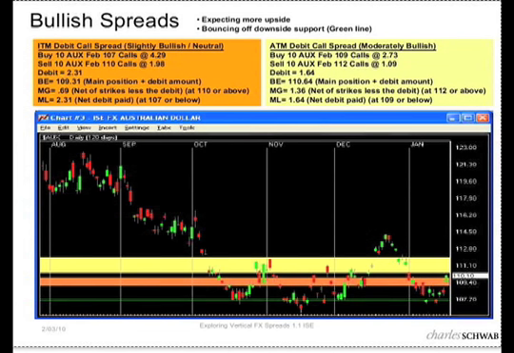All right, so let's say that I can see that this index was well above this orange zone in December, and it was certainly well above it way back in August and September and even early October. So I think it has a very good chance to get up there. Now, it'd be nice to make